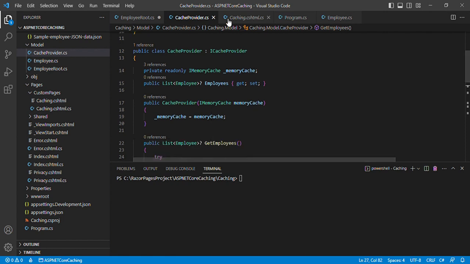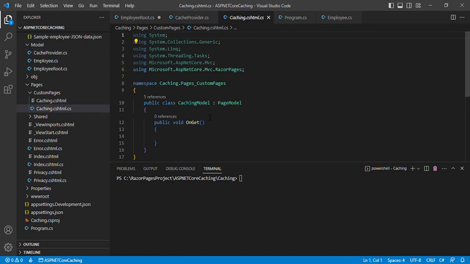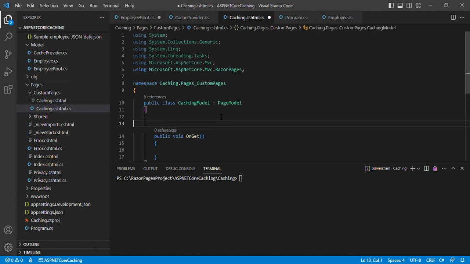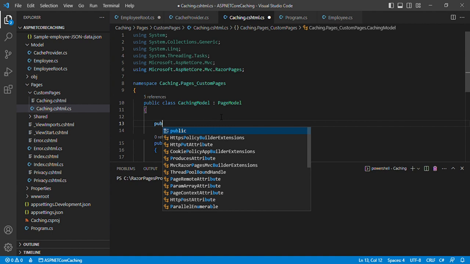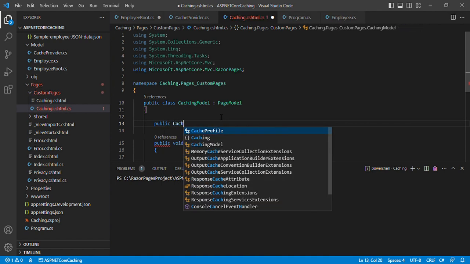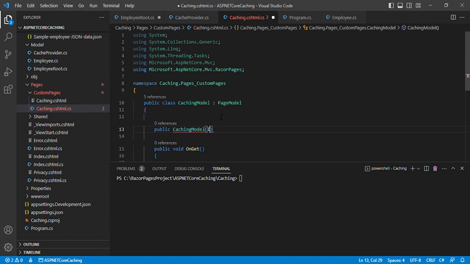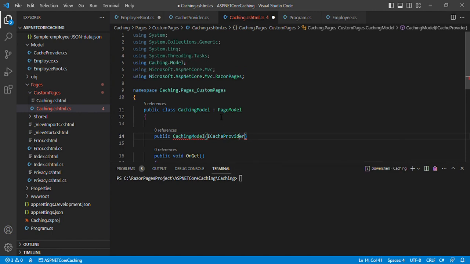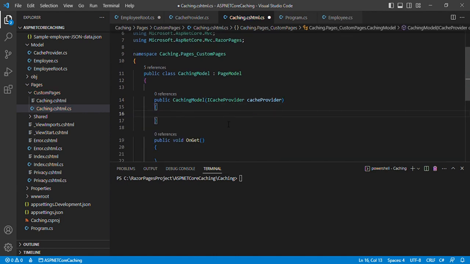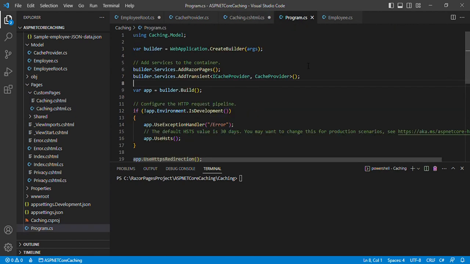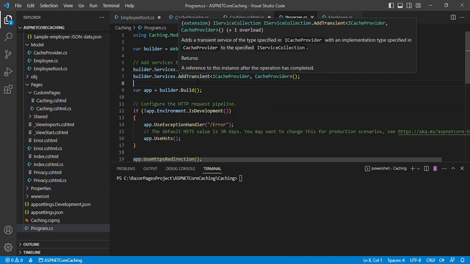Yeah, so this is where we want to come. So here's what we're going to do, is to declare a caching model that is going to take the ICacheProvider. So we are asking the dependency injection to actually provide us with a type that implements ICacheProvider, which is exactly what we were doing here. What we are doing here is that we say, okay,